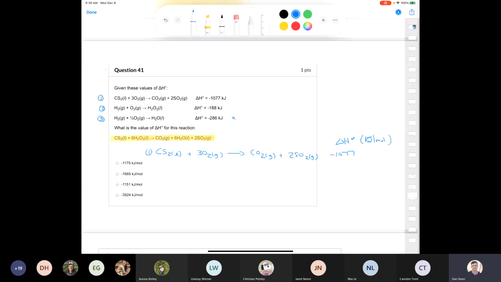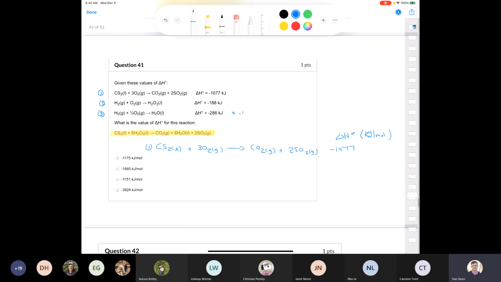That's going to reverse everything, and it's going to change this sign from positive to negative. But I need 6 moles of it, so I'm going to multiply it by a total of -6. So I'm going to take reaction 3, multiplied by -6, then I'm going to have 6 moles of water produces 6 moles of hydrogen gas plus 3 moles of oxygen gas. And when I multiply 286,